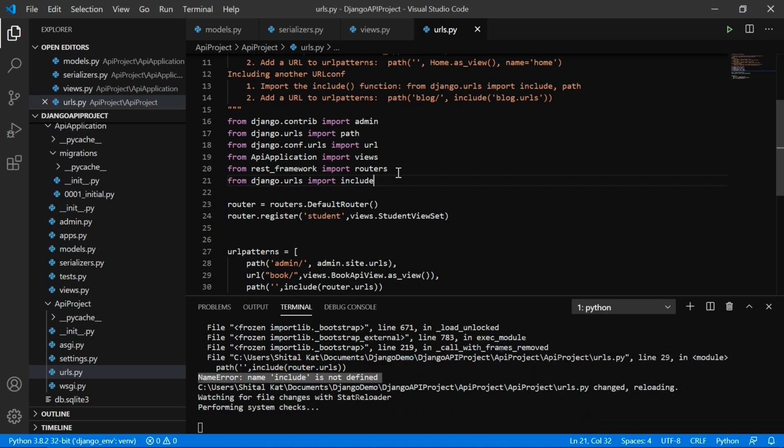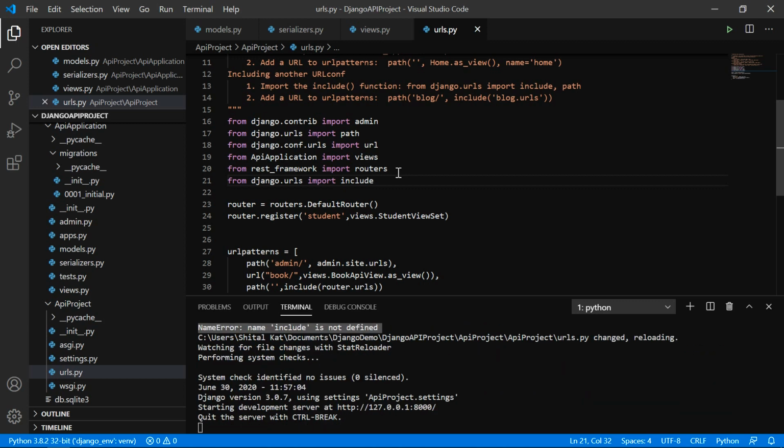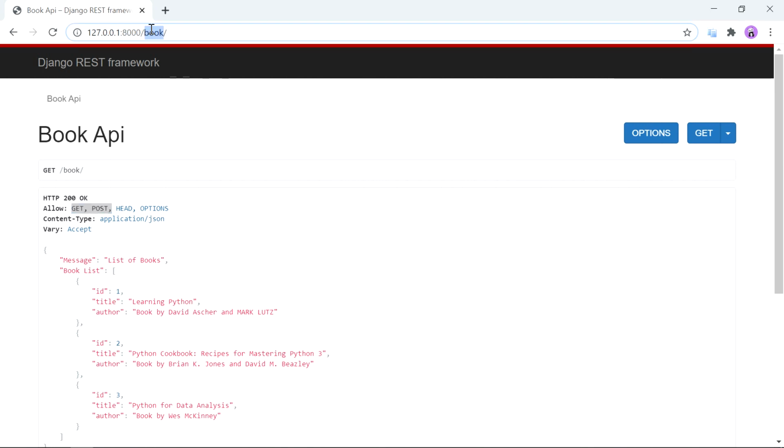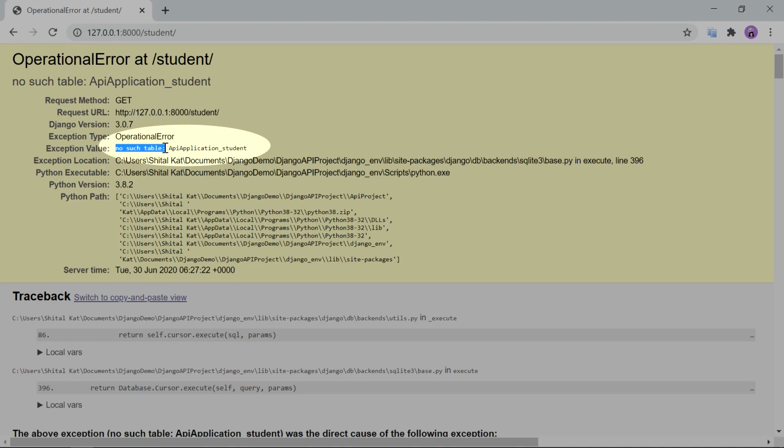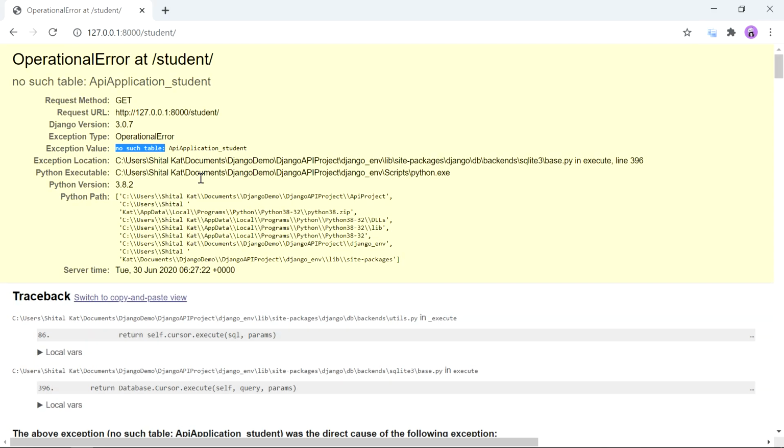Now we wrote all the logic, but we haven't made any migration, which means table in the database has not been created yet. I will show you what will happen. We have created all the logic for fetching the data, creating, deleting data, but we don't have table in the database. So let's create the migration.